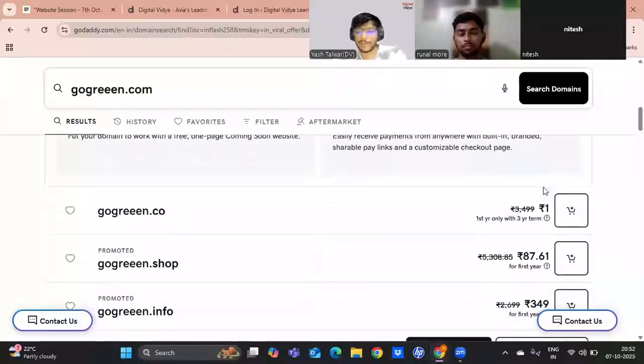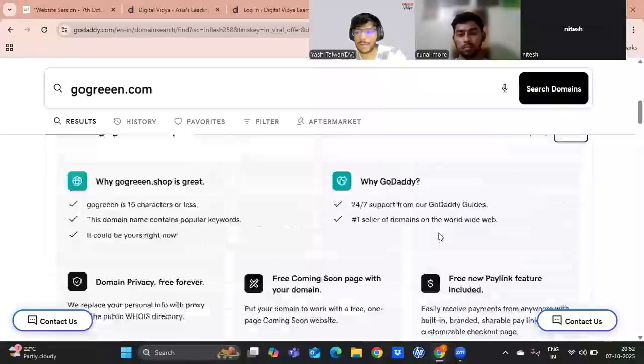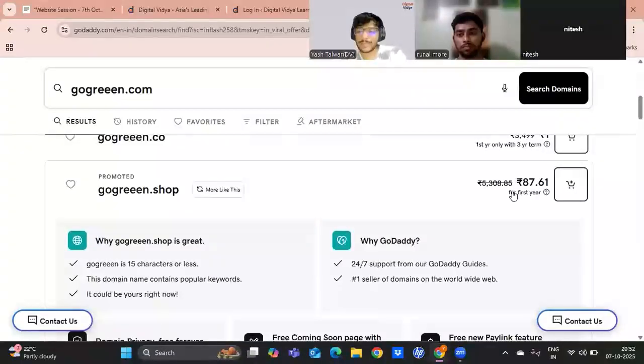There is one more offer, this one that says for first year. Now in this case, this price is just for the first year, right? And if you want to renew your domain, you will be renewing that at the original price.